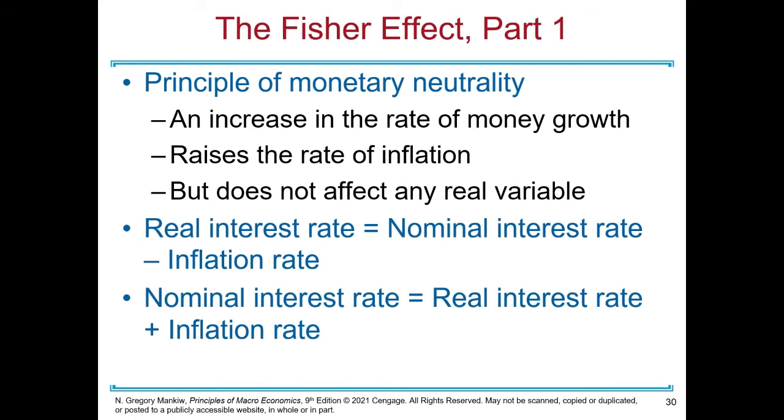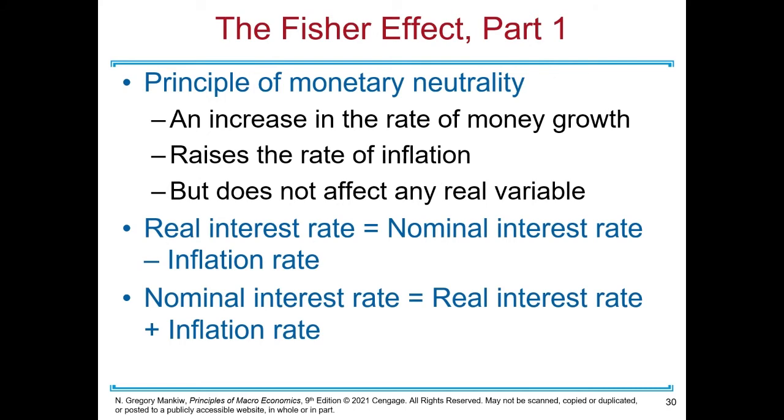But let's think back to the equation: real interest rate is equal to nominal interest rate minus the inflation. You can rearrange it if you want to have the nominal interest rate equal real interest rate plus the inflation rate. But focus on real interest rate equals nominal interest rate minus inflation rate. If the money supply increases, it shouldn't affect the real interest rate. So that should be constant. But it is going to increase inflation. We know it affects inflation. It shouldn't increase real interest rate. But if it increases inflation, in order to keep this equation